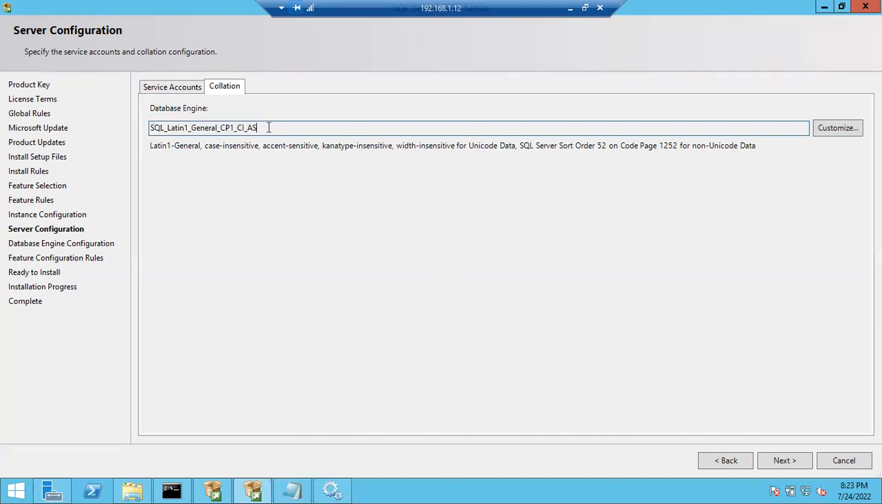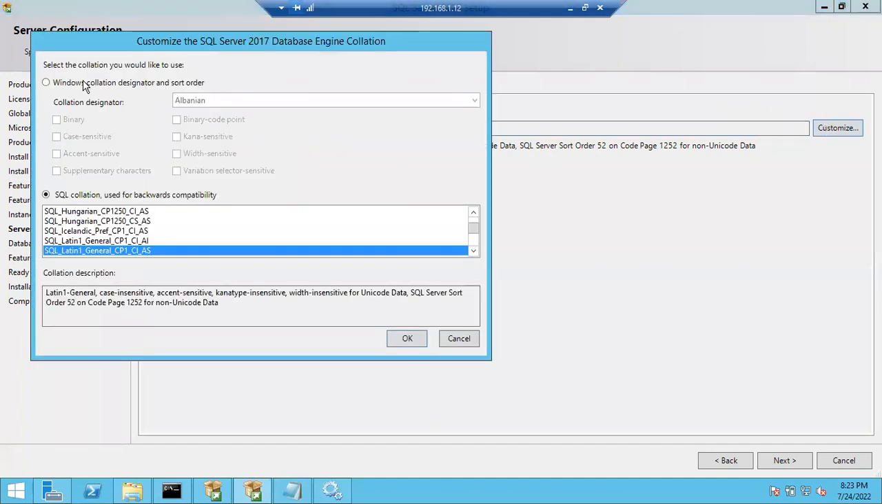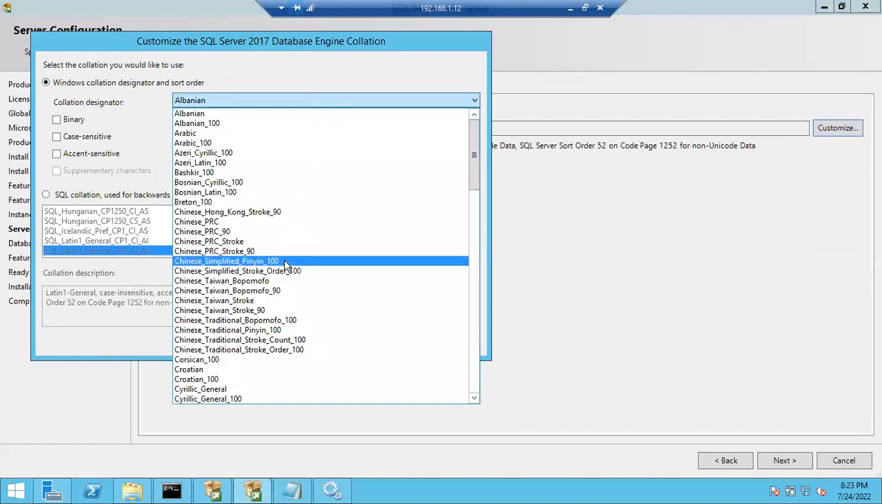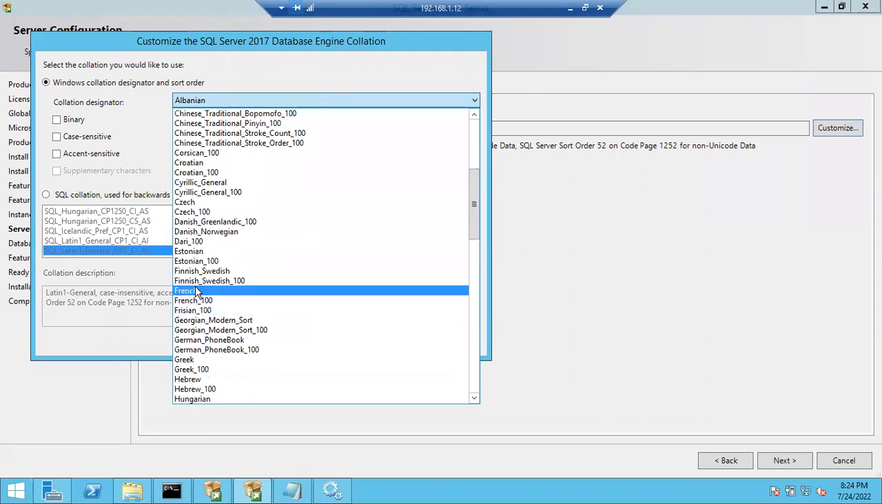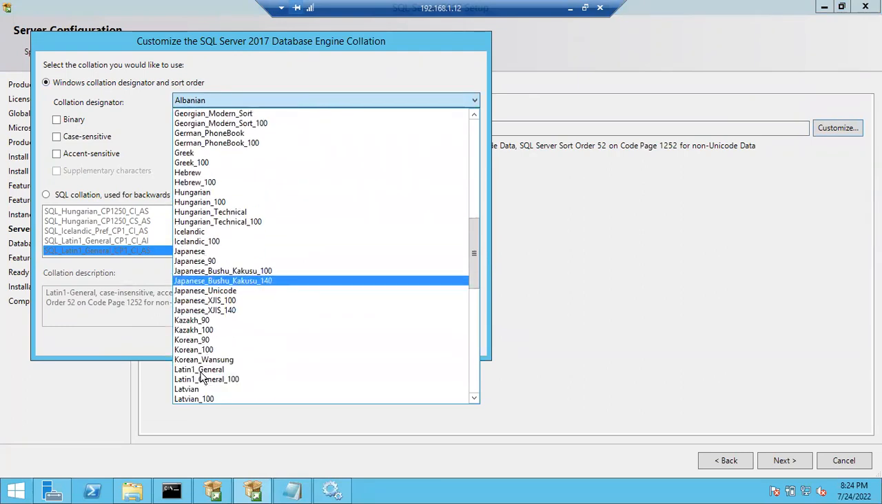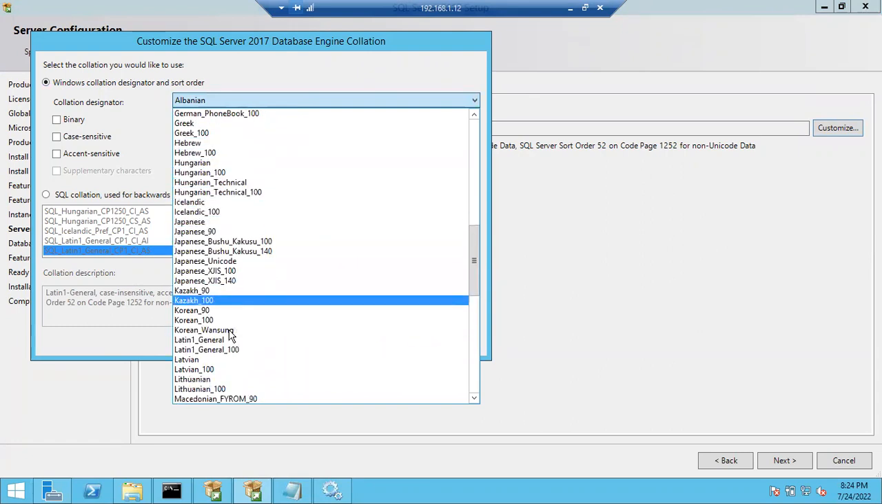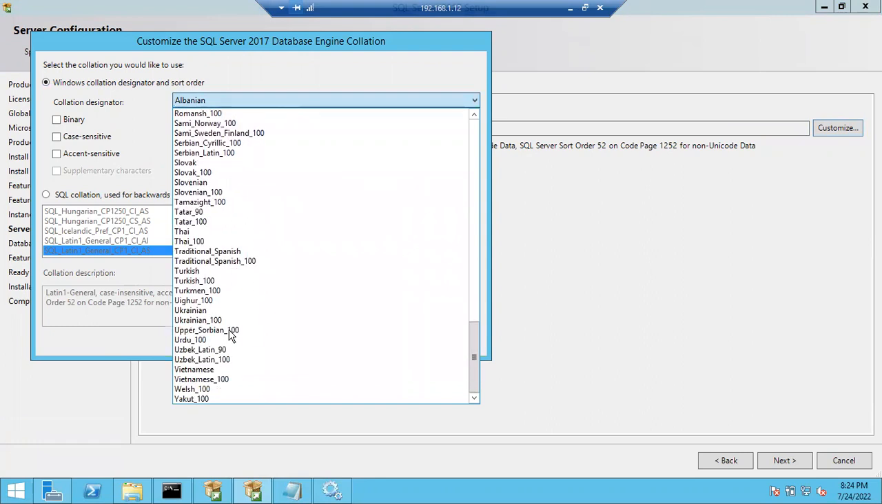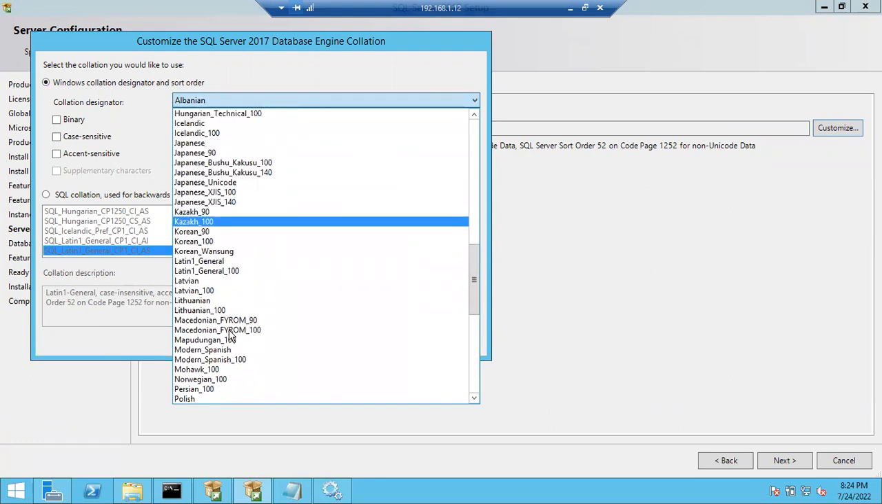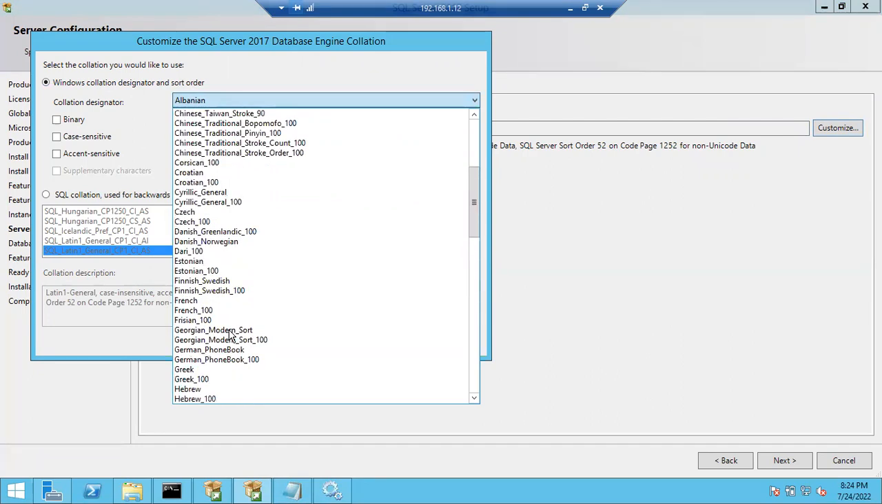If you don't want these default collation settings, you can still change them by clicking on the customize button. You can go to this option, whatever language you want to store in the database: Chinese, French, Greek, Japanese, Korean, Turkish, Urdu, whatever you want, you can select the language, guys. Generally we'll use the English language, which is Latin, guys. Latin means English language only. I hope you know English comes from Latin. Okay, so SQL collation,